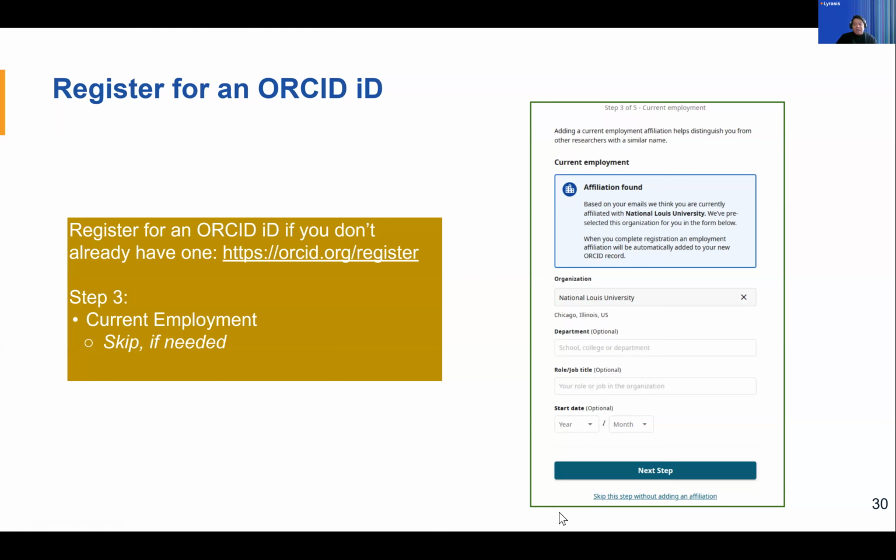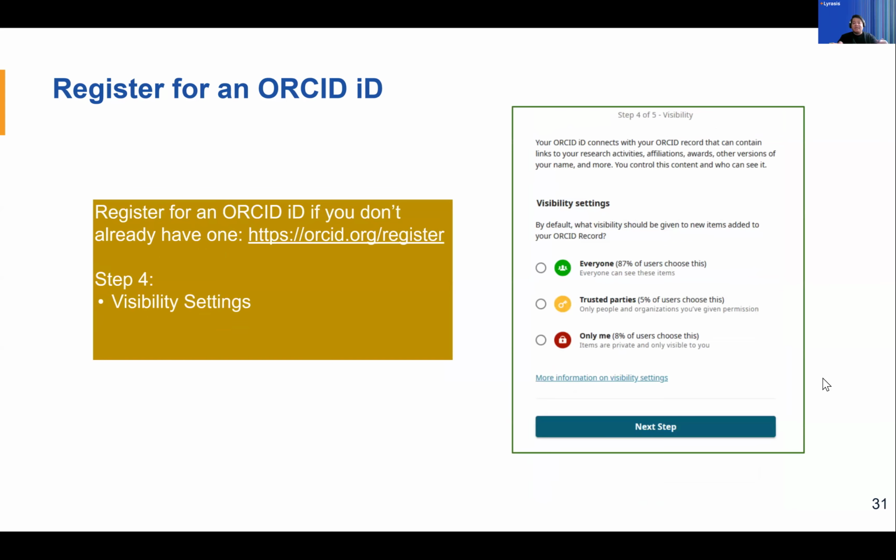Keep in mind, one of the things that we always emphasize is that you as an ORCID user, as a researcher, are in control of your ORCID record. So you have the control to make connections with different organizations. You have the control on how you want your ORCID to be visible to the public.